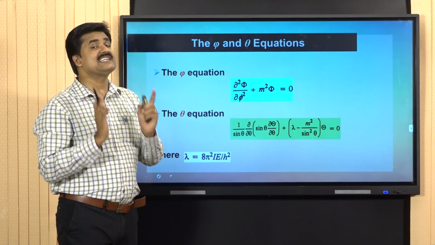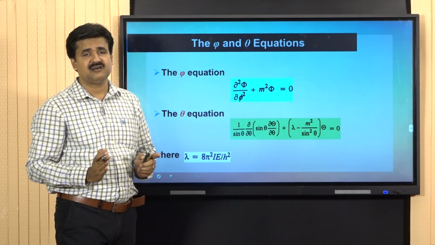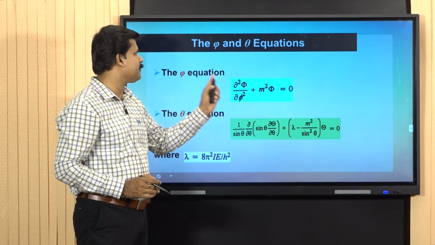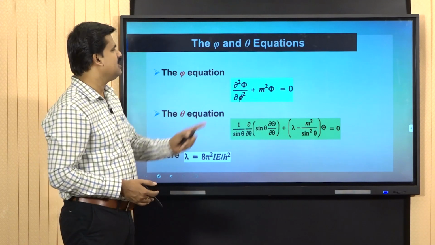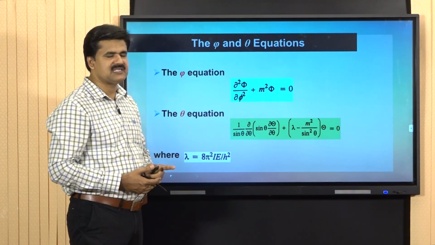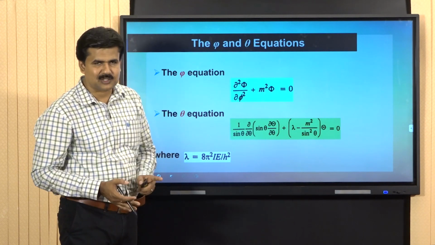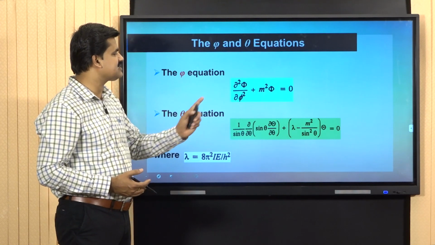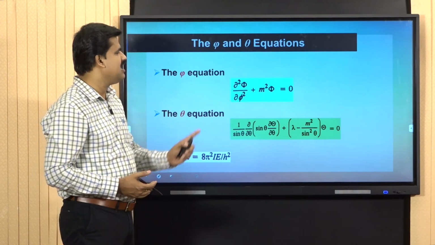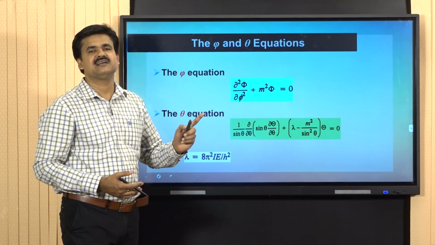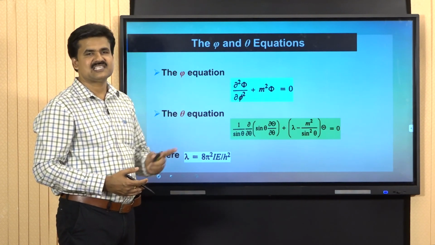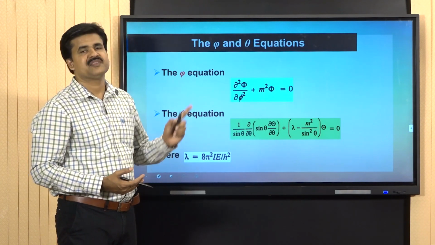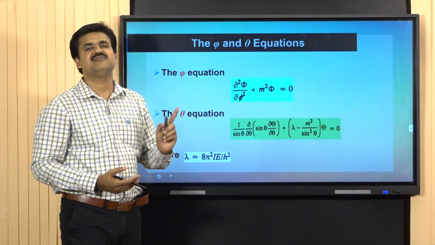Thus, for a rigid rotator, now we have two equations, each in one variable. The first one is the phi equation, that is dou square phi by dou phi square plus m square phi is equal to 0, and the theta equation, that is 1 by sin theta dou by dou theta sin theta into dou theta by dou theta plus lambda minus m square by sin square theta into theta of theta is equal to 0, where lambda is equal to 8 pi square I by h square. These are the two equations that we obtained for